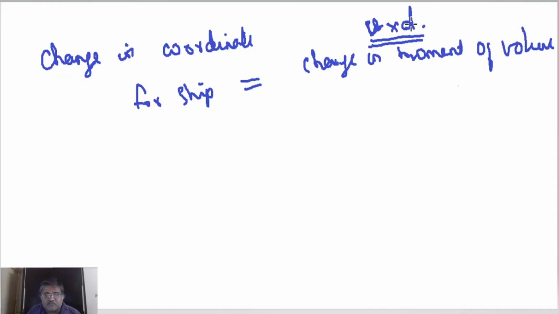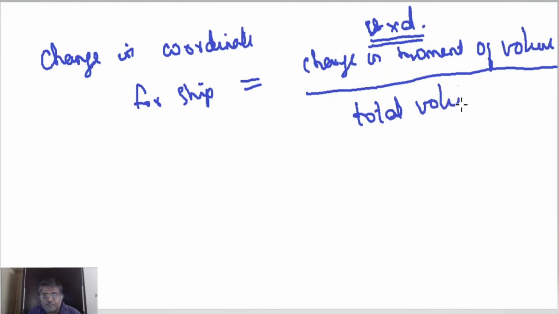Okay. So if small d is the distance through which a small volume V in the ship is moved, then the change in volume coordinate for the ship will be the change in moment of volume, which is V into D, divided by the total volume. So in the y direction, this will be